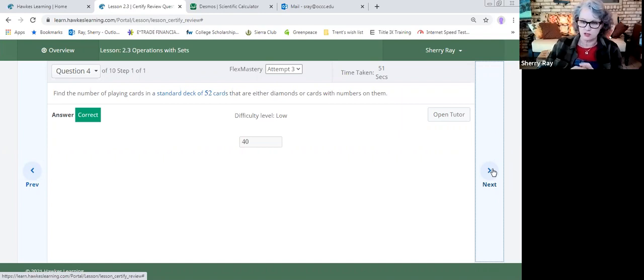There's 52 cards. You have the spade, heart, diamond, and a club. And we have 13